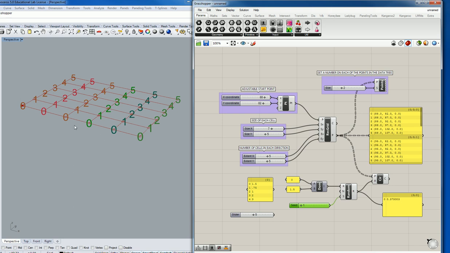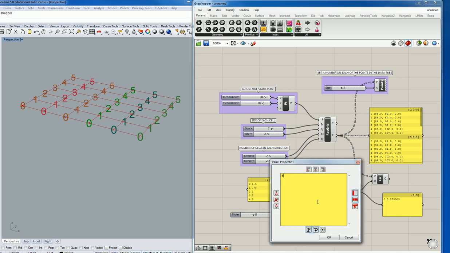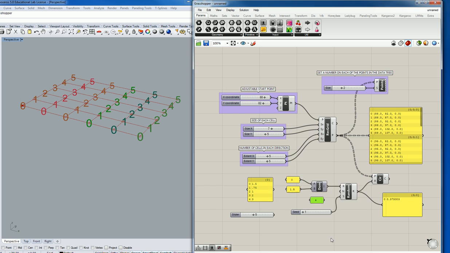Now, the reason that they're all the same is because its output is one number. So let's try feeding it with a value corresponding to the number of cells that we have to create. So that number is 5, right? So we'll take one of these components, switch it to 5, which stands for 1, 2, 3, 4, 5. Well, actually, we'll try 6. Let's start with 4. All right, we'll start with 4. So we'll feed the 4 into the number,